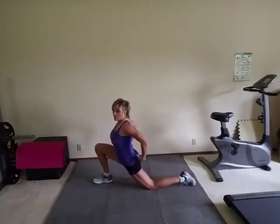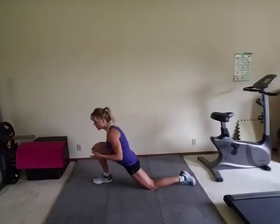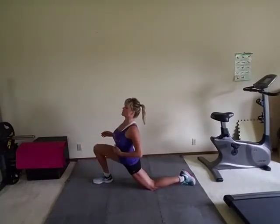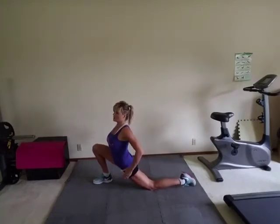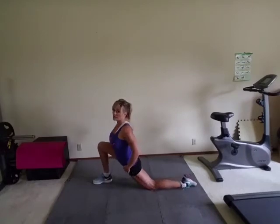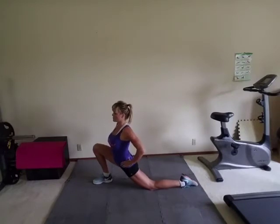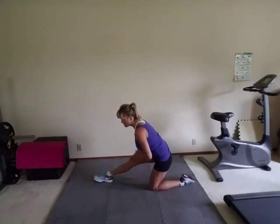We'll go ahead and come forward, still staying upright. I don't want you bent over like this. I want your upper body upright. You can feel this in your hips again. Think about your alignment so you're not going like this. You're keeping your legs straight, your hips rather straight, and you're just going down. Okay, and then rock back, and you stretch your hamstring on this one. Now I have my toes pointed